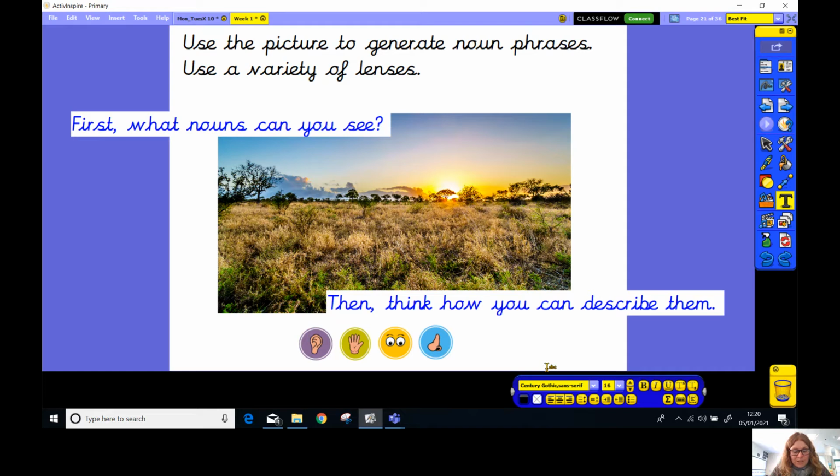Well done. Now you probably thought of bright, you might have had yellow, maybe burning, scorching, maybe setting sun. Think in Year 4 how you can get some really great, precise adjectives. You don't need to tell me that the sun's yellow, because I know the sun's yellow, but sometimes it can turn amber or orange, or maybe even pink in the sky sometimes. So think about the types of adjectives you could use.